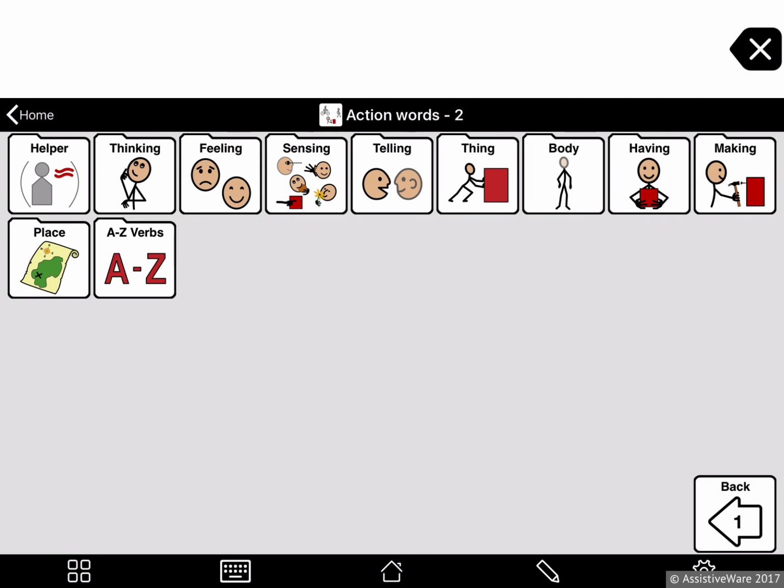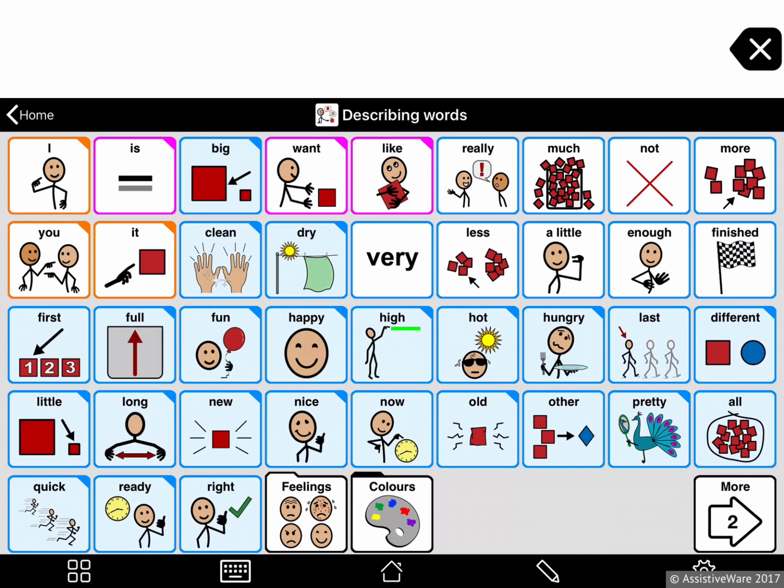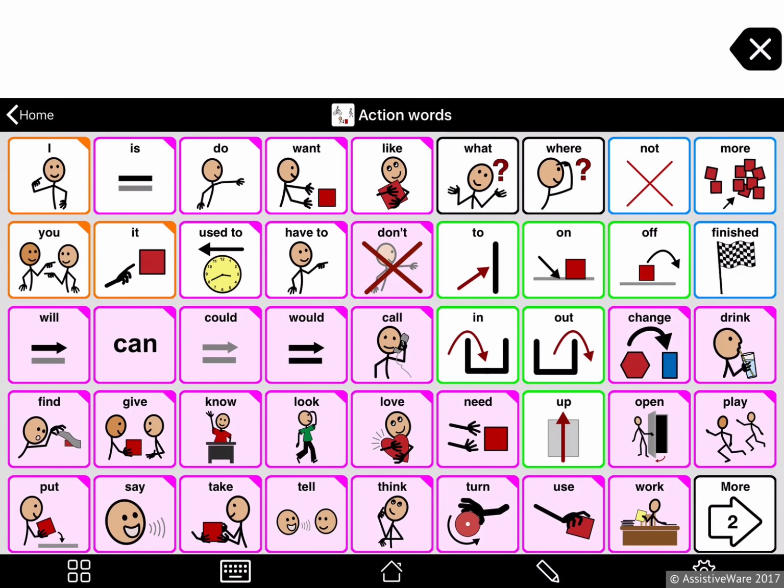Let's take a look at what describing words look like. As with verbs, we've got a lot of useful words right here on this level. If we go to secondary, we have those subcategories for various different adjectives, and we have another A to Z arrangement as well. I'm going to go back to actions and talk a little bit about how we designed the